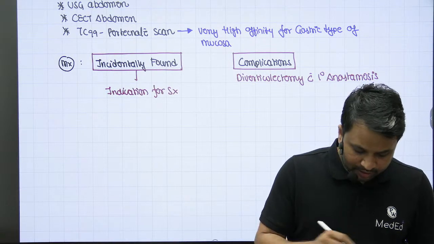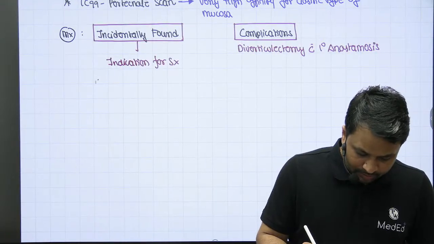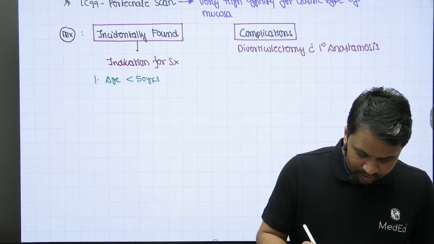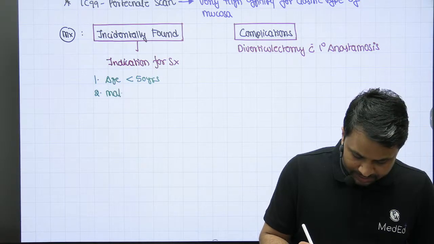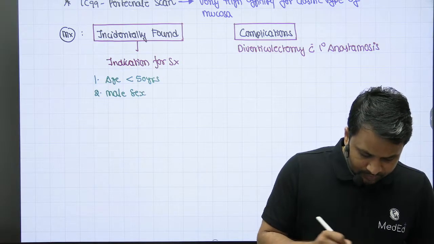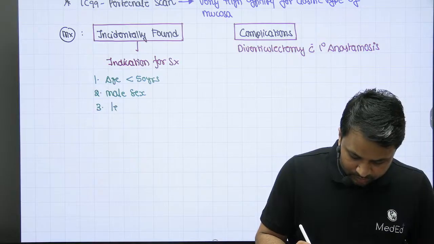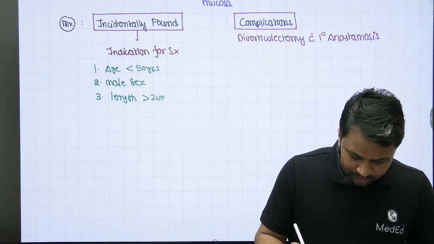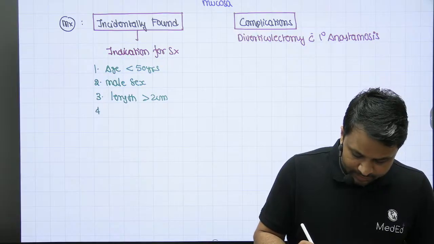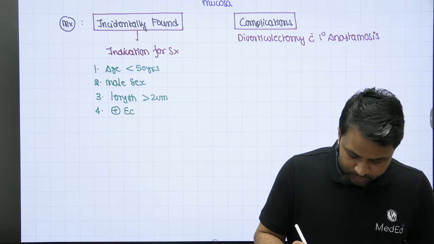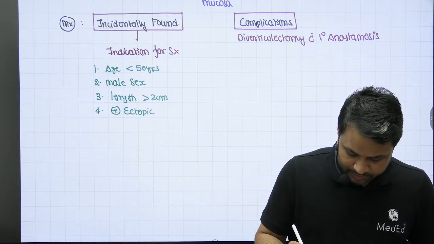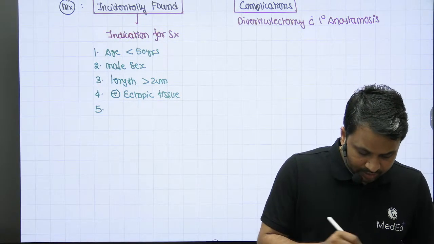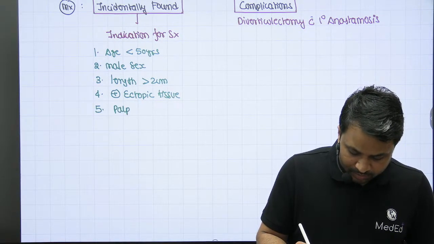Now, the current indications for surgery: number one, if the age is less than 50 years. Number two, if it is male sex. If the length of the diverticulum is more than 2 centimeters. If there is presence of ectopic tissue, that means when you did a technetium 99 scan, there is a positive uptake. And if there is any palpable abnormality,